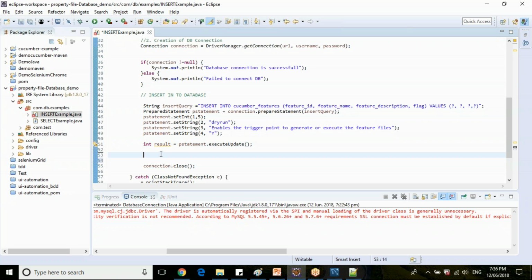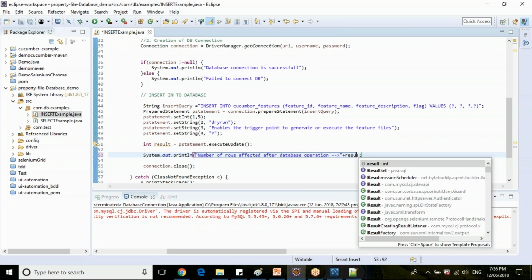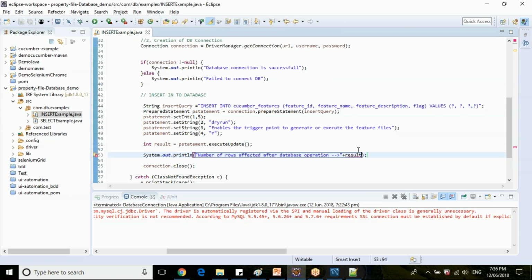Let's remove this, and we can print the result and check how many rows have been affected here. Number of rows affected after database operation. Pass this result and print it.